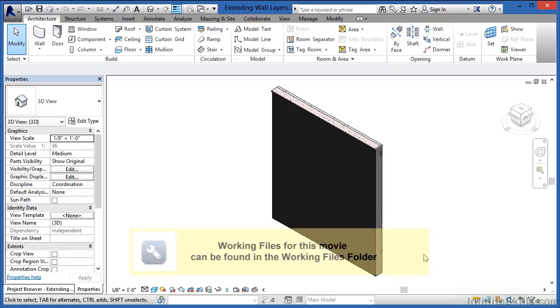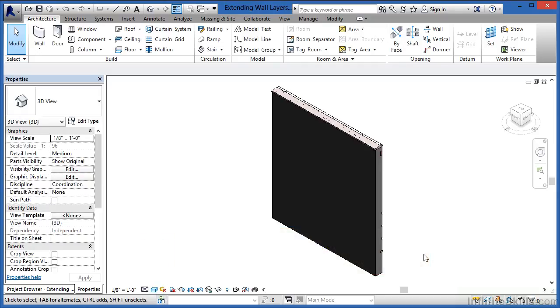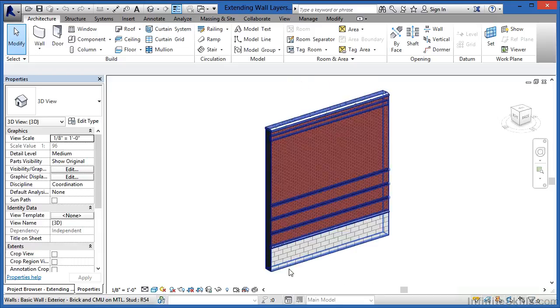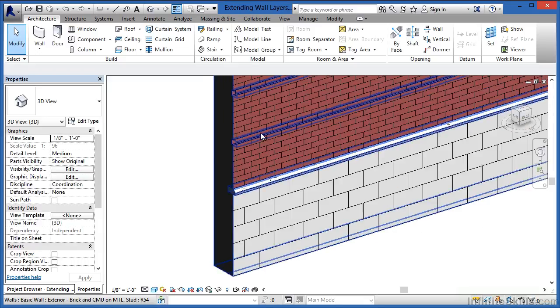Revit walls are made up of multiple layers of material. The outside of the wall will have one material thickness, while the inside of the wall will have multiple material thicknesses. In the case of this wall, we can look at it a little bit better if we hold the shift key down on the keyboard and then the wheel down on the mouse, and then just spin it around. It's made up of a brick up above and some sort of fake CMU block here on the outside